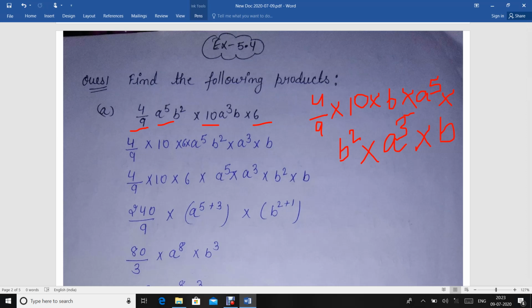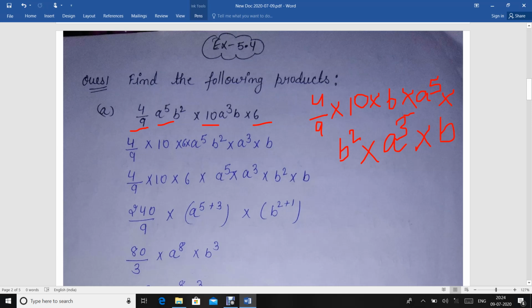As you have learned, if bases are same, then powers will add in the multiplication form. Means for multiplication operation, if bases are same, then you will add the powers of the same bases. You have learned these things in chapter 4, exponents and powers. So remember that chapter. It is based on that chapter, exponents and powers. Exponents and powers will be used here.